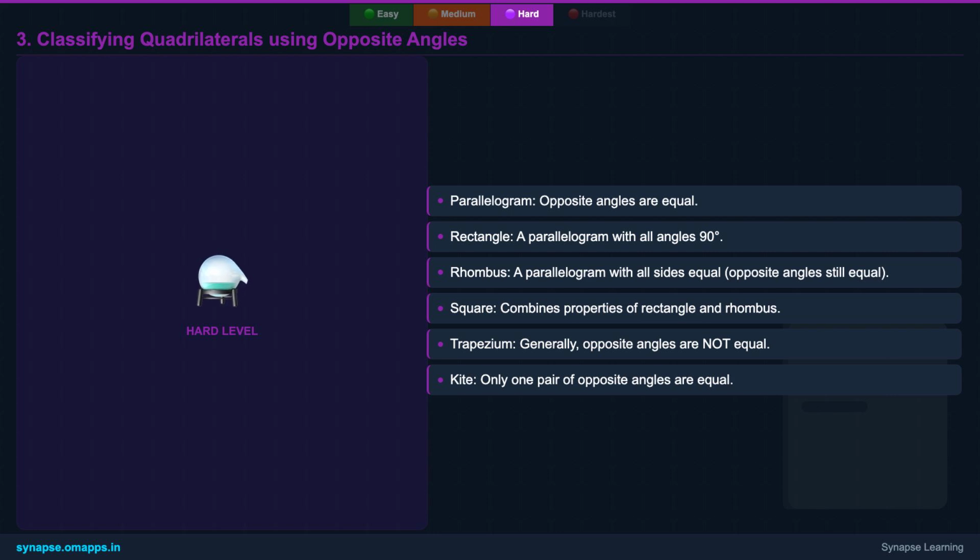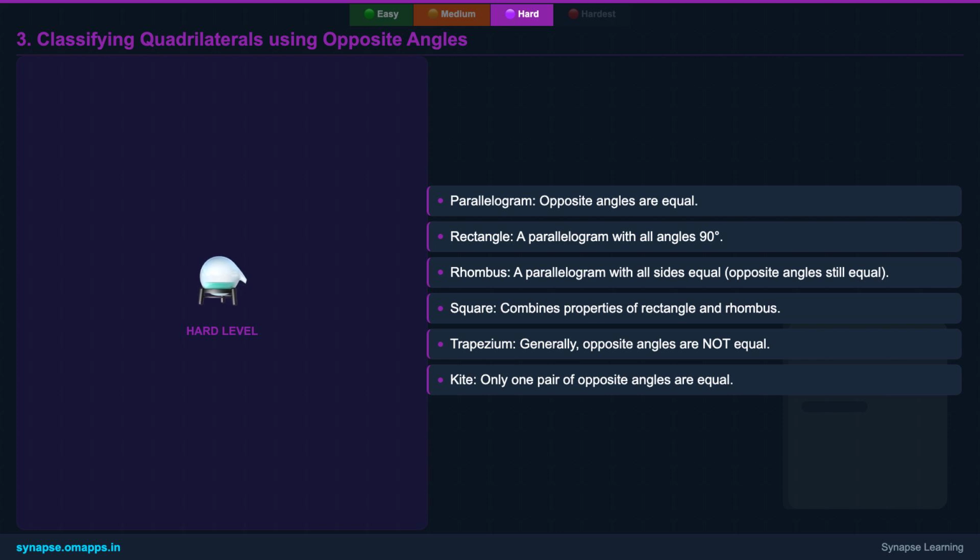A rectangle is a parallelogram where all angles are 90 degrees, a special case where all angles are equal. A rhombus is a parallelogram with all sides equal, still retaining the equal opposite angles. A square combines both. In contrast, a trapezium, with only one pair of parallel sides, generally does not have equal